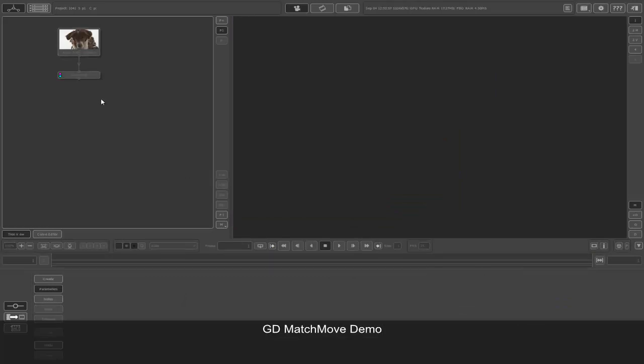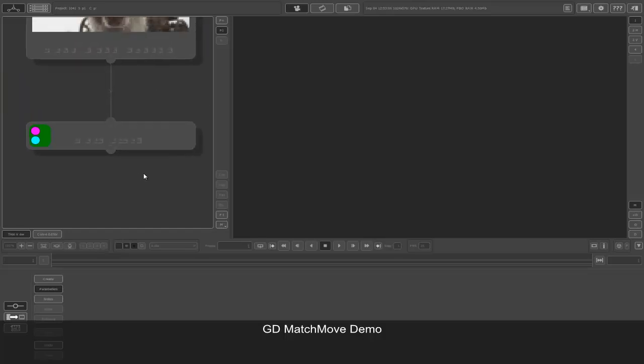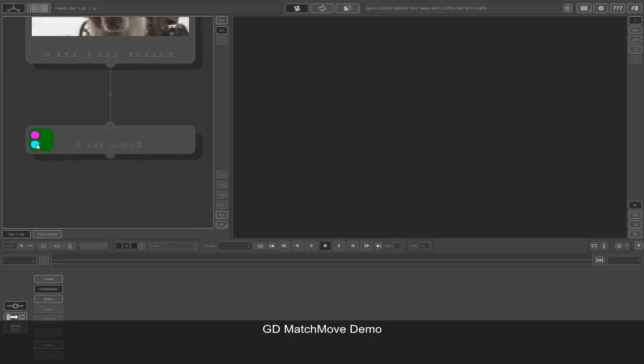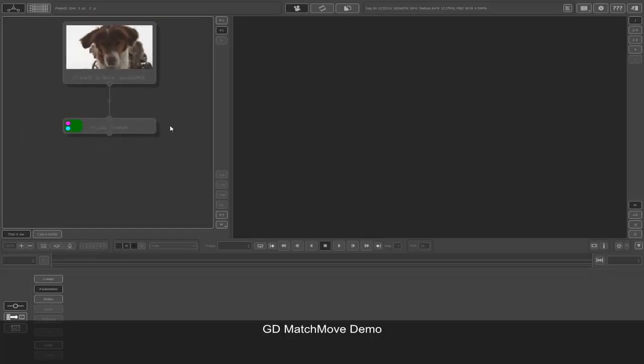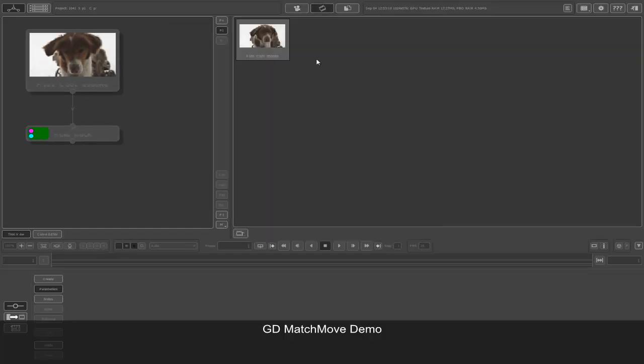in the background. When it's happening in the background, as you can see here, it's showing this green progress bar over here in the node graph. So this basically means that the track is happening, and it's better to do it as a background process if you have several footages to work on at the same time, because even though this node is doing something, I can bring in other nodes